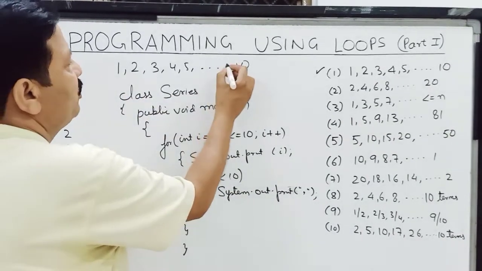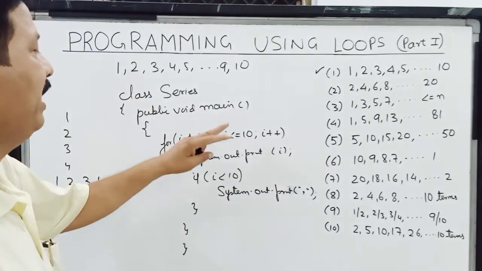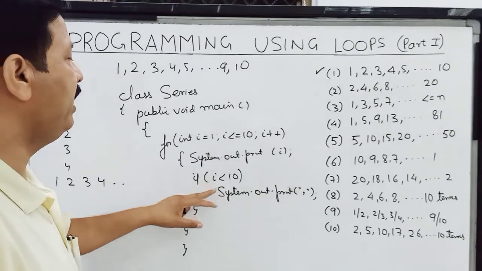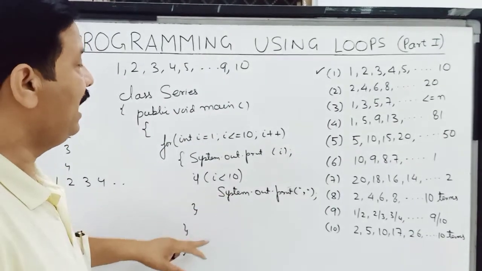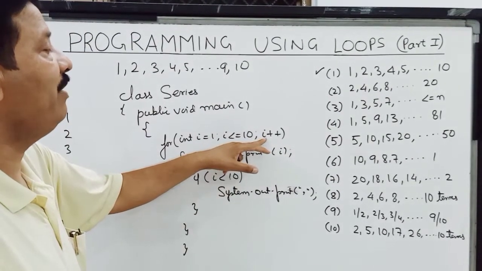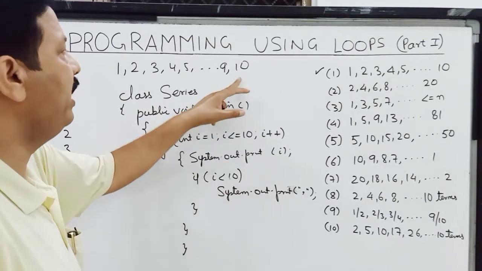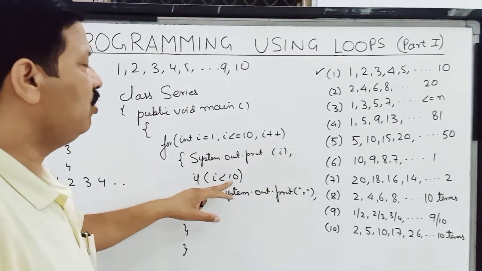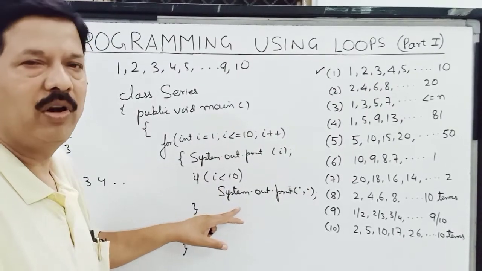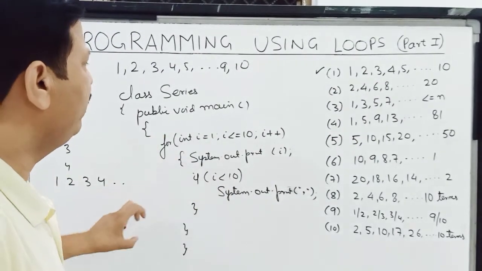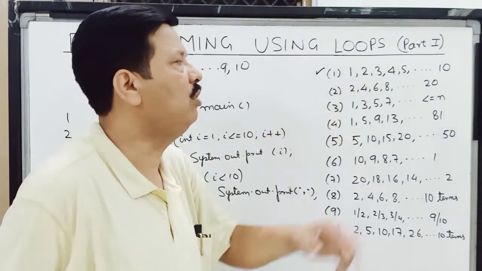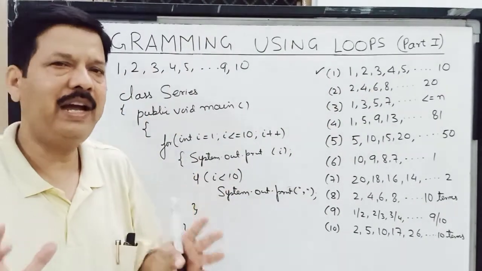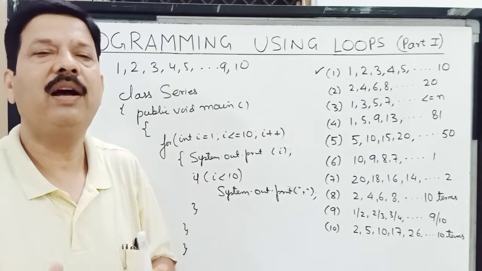The last value which will print over here will be 10, but when 9 will get printed, again comma will get printed because 9 will be less than 10. And then children, the value of I will become 10 and 10 will get printed, but I is now not less than 10, so this comma will not get printed. So it is a small program to print this series, that is from 1 to 10, and here I have also printed the comma in between.